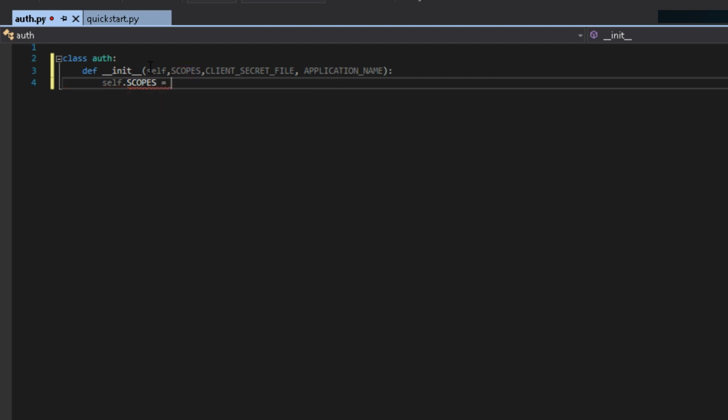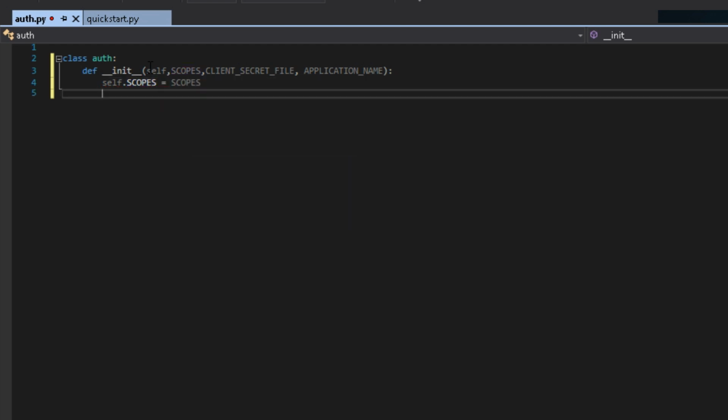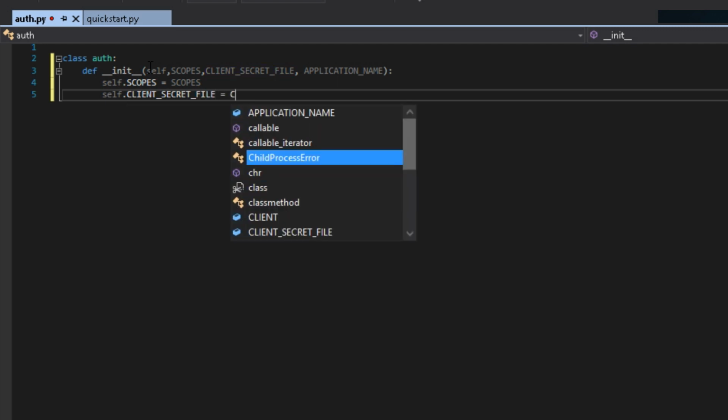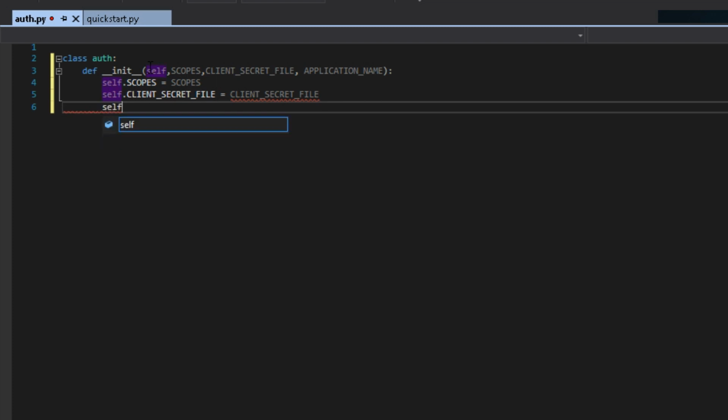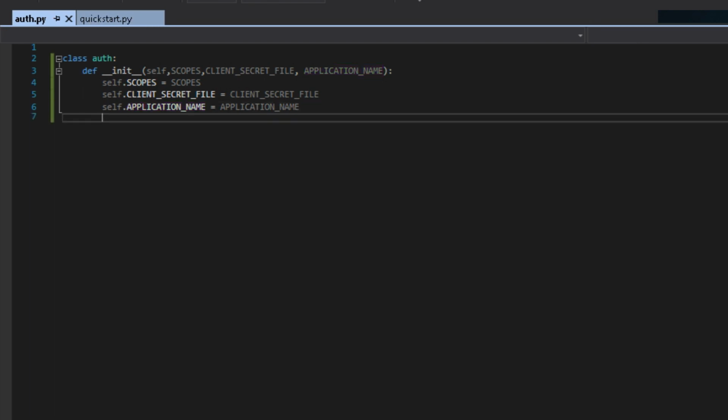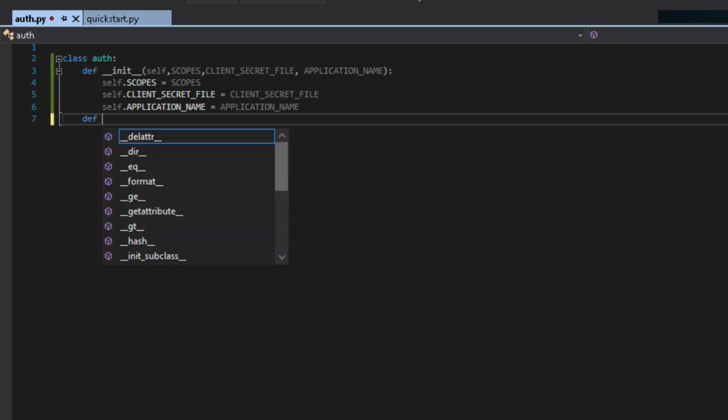So self.scopes equals scopes, and self.client_secret_file equals the client_secret_file, and self.application_name equals the application_name. So we've set up our class global variables for our class, and now let's create a method called get_